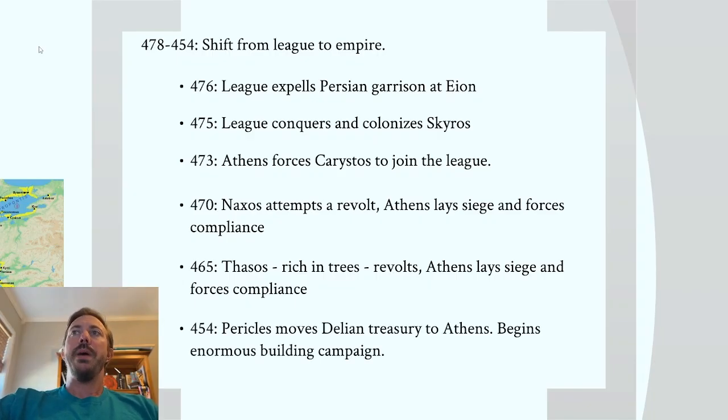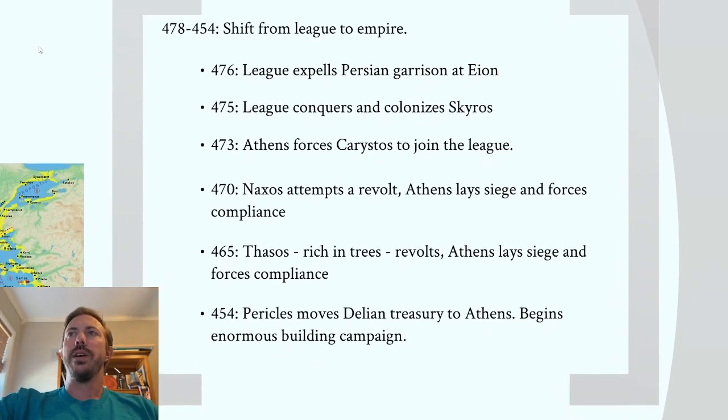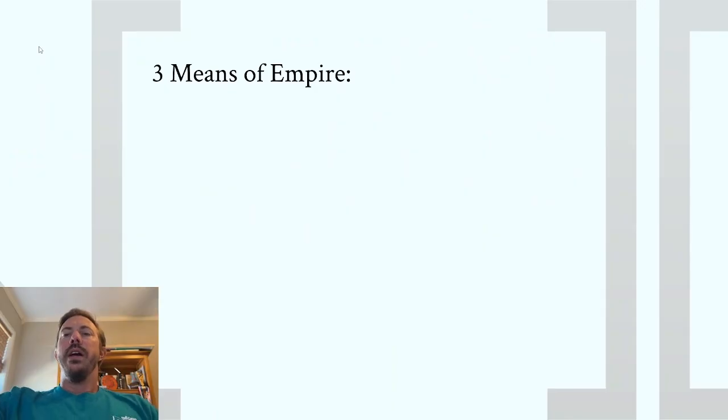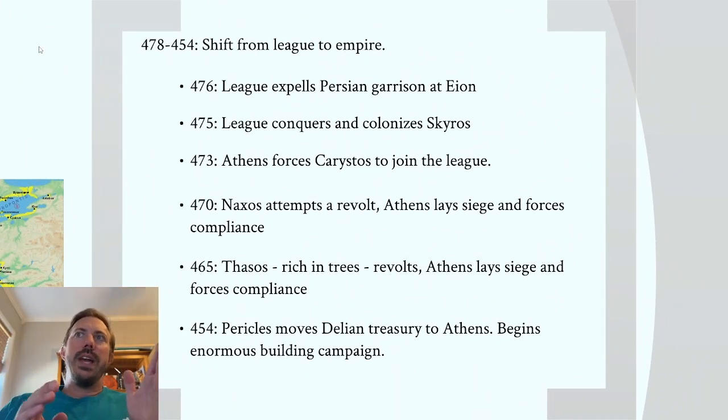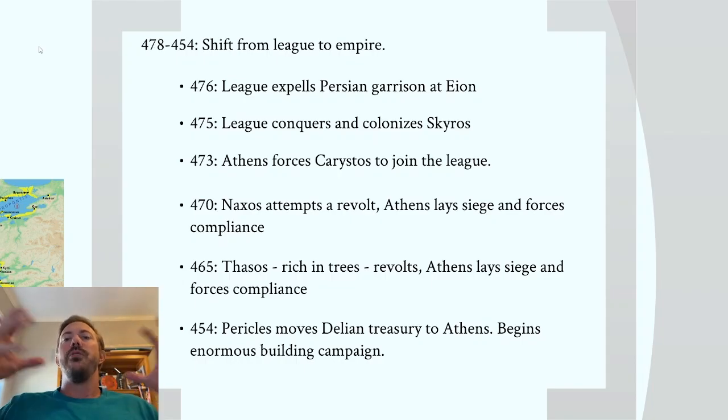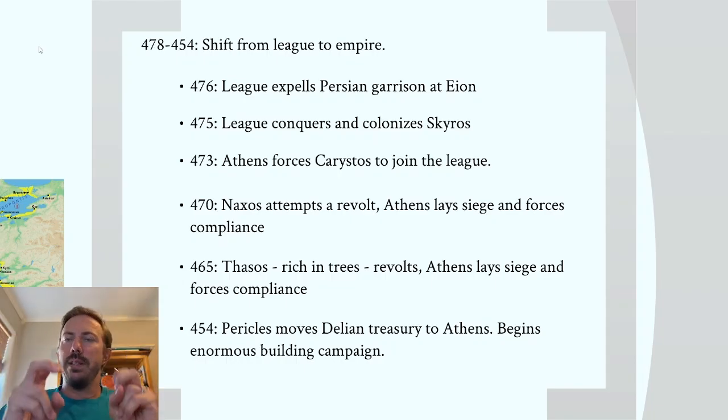In 454, Pericles, we'll look at him a little later, moves the Delian treasury from Delos to Athens and begins an enormous building campaign in Athens on the Acropolis, which we'll look at later. Okay, and so there you have it. From 478 to 454, we have the shift from a free league to an empire, where Athens is in control of all of these city-states, and they're supplying boats and food and money to this league, which is actually